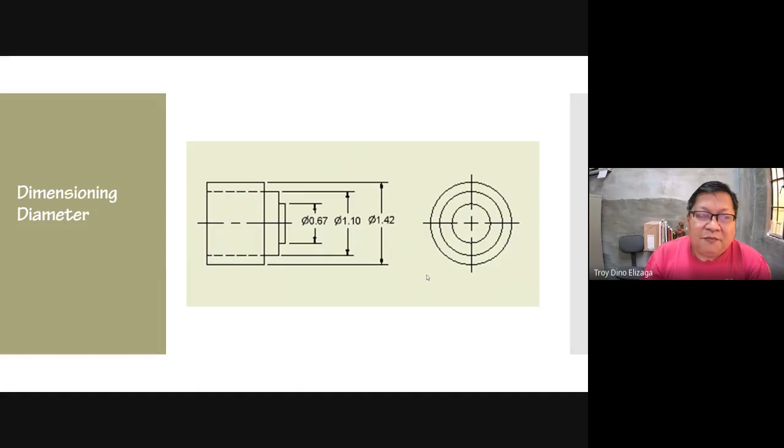So, diameter. It was said earlier that the diameter and the radius should be dimensioned where the object is shown as a circle in its true shape. So this is to be avoided, because the dimension has to be here.